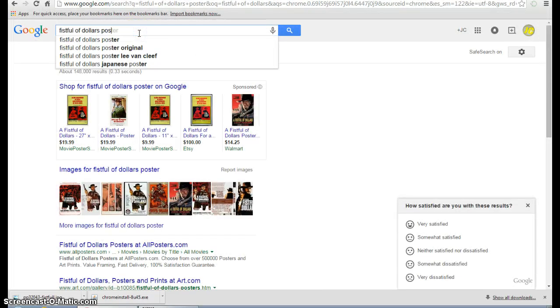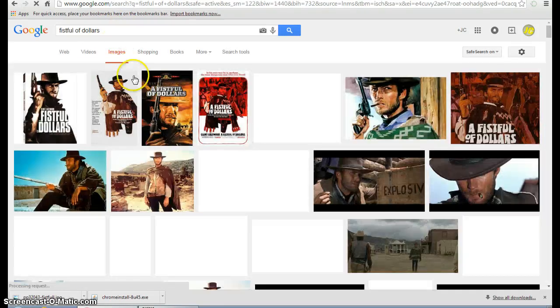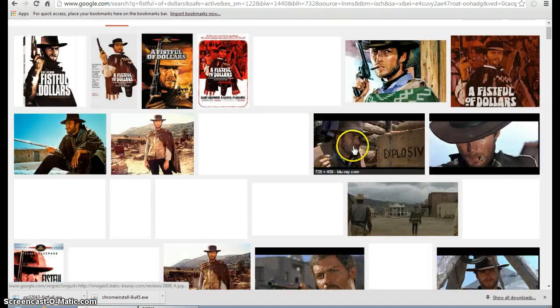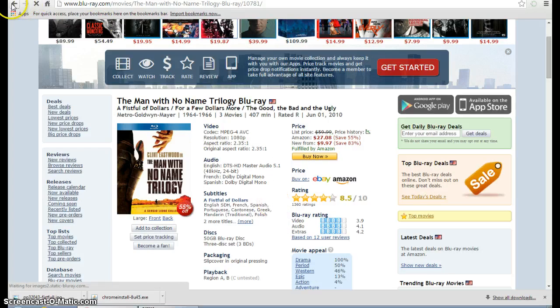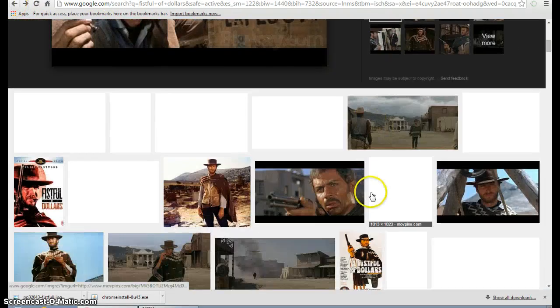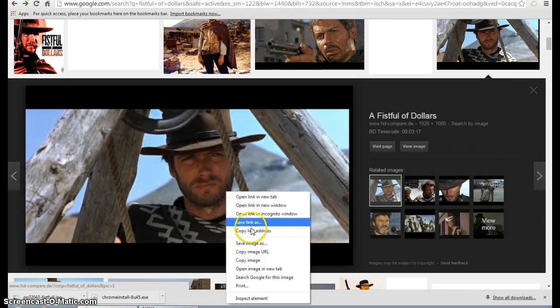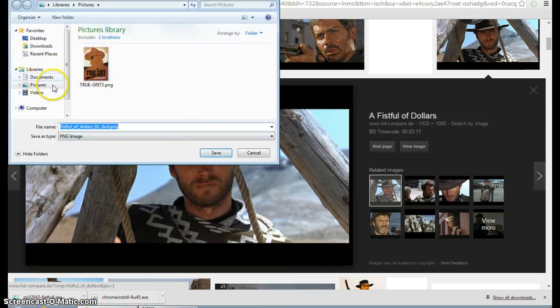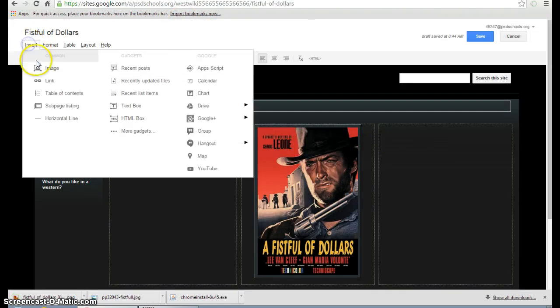Then if I want to just find another, I don't want the poster. If I just go into my images, I'll find a good image from this, and I like this one the most. So it does have a watermark though, so I'm going to pass on that one. I like this one. This one shouldn't have a watermark on it, so I'll save that, and I'll save that one again. Go back in here, click there, insert image,